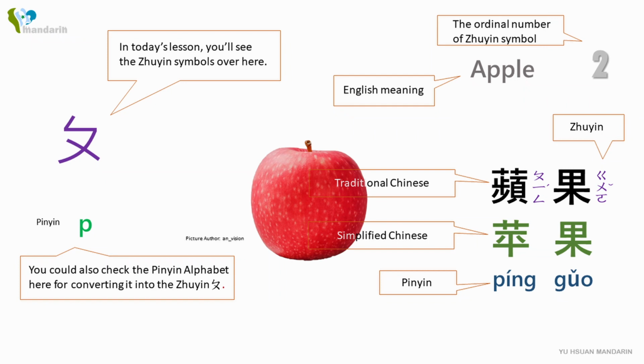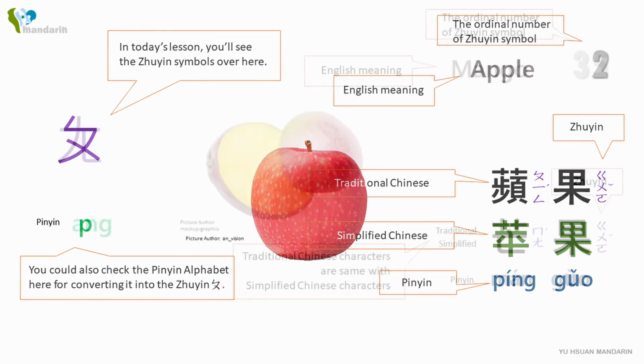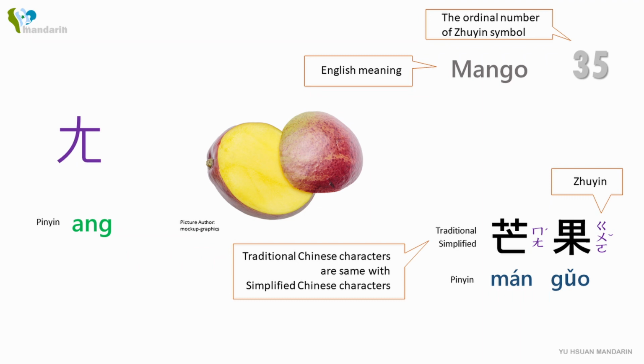Each Zhuyin will be marked with the corresponding pinyin alphabet symbol, the serial number, and the vocabulary information related to the Zhuyin phonetic symbol. That is, when you are learning Zhuyin and traditional Chinese characters, you can also know its pinyin symbols and simplified Chinese characters at the same time. If the traditional Chinese and simplified Chinese characters of this vocabulary are the same, then we will label the simplified and traditional Chinese vocabulary together.